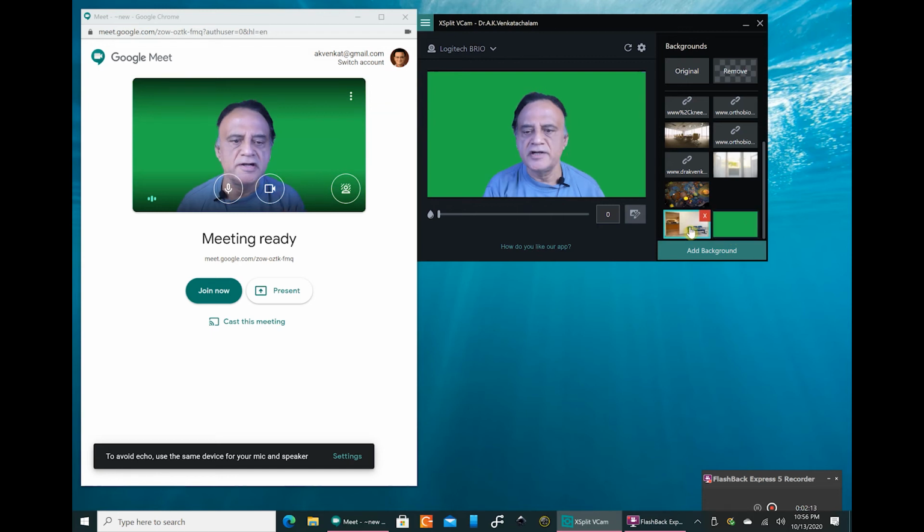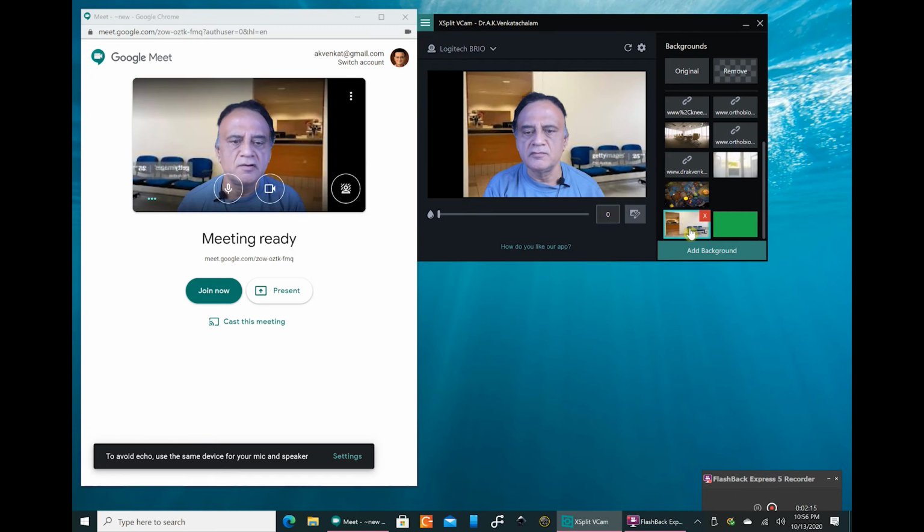I'll add another background. Let me add a colorful background here. It's a very colorful moving background with underwater rocks.